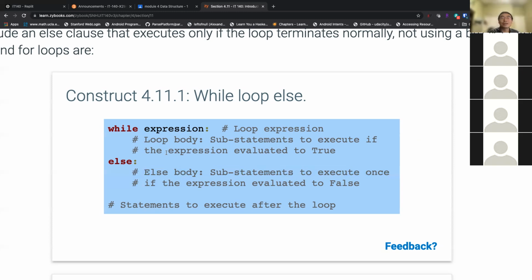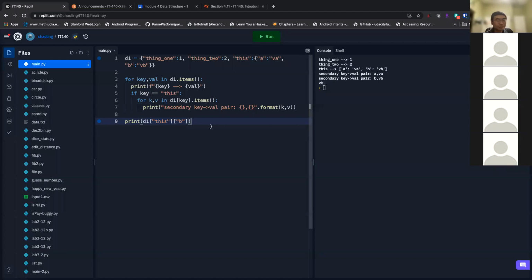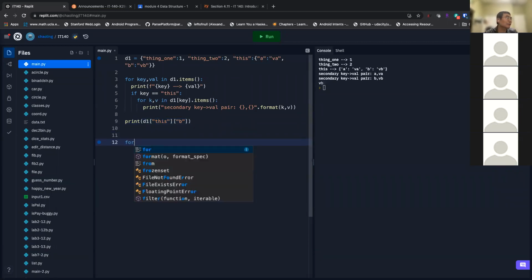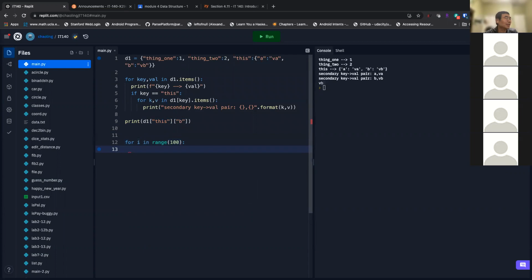It's useful when, like previously, we had some variable to indicate if you find an item in the list, right? And I said you can jump outside the loop using break early when you already find it. If that's the case, then you won't do anything. But okay, so let me actually write: for i in range 100, and you need to do something, right?